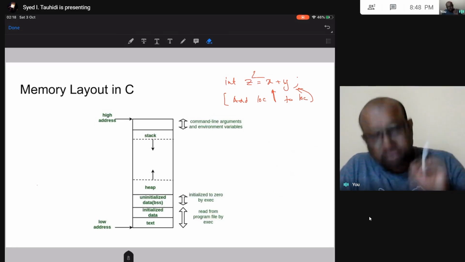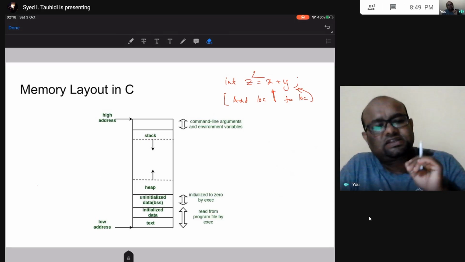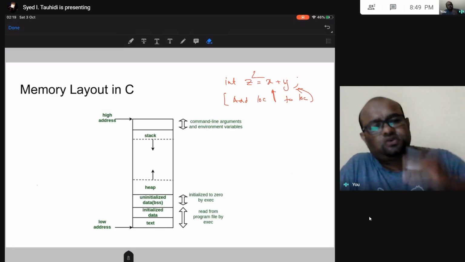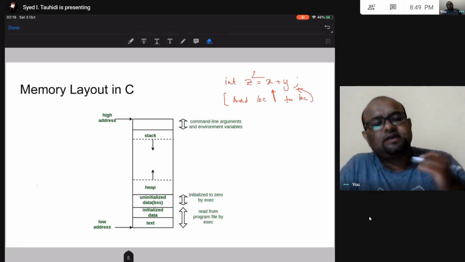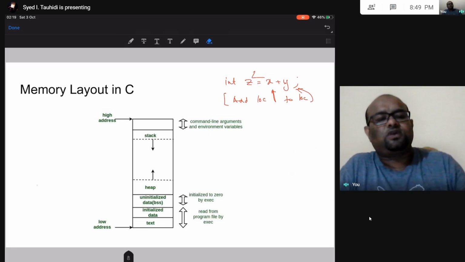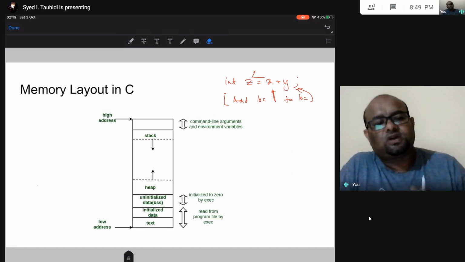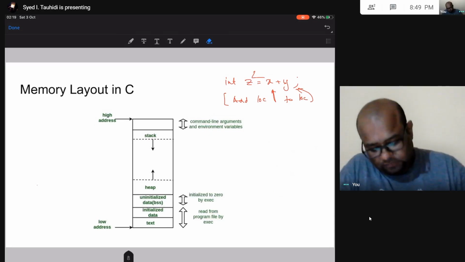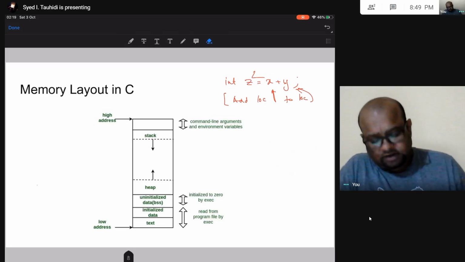Now when we are going to address this memory, okay, there will be lots of addresses. So these are called virtual addresses. We talked about what is virtual address. Now all these things you are going to learn in far greater detail in the operating system subject and your computer organization and architecture subject. Alright. So yeah, that is what we have.